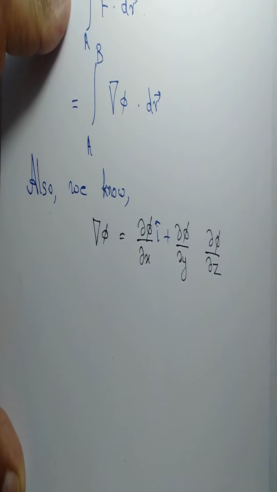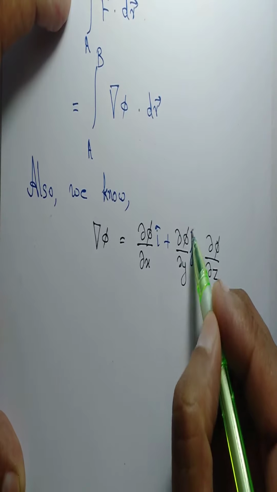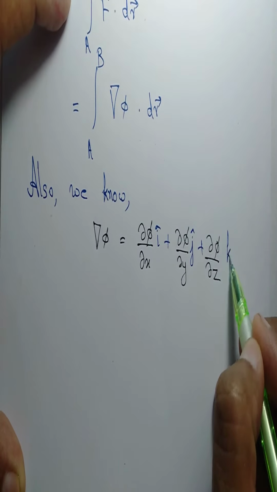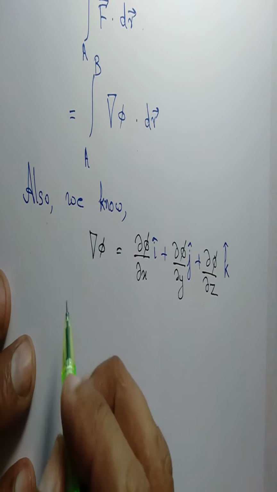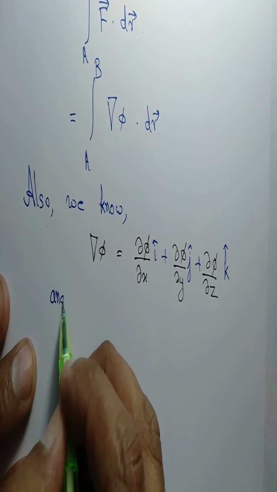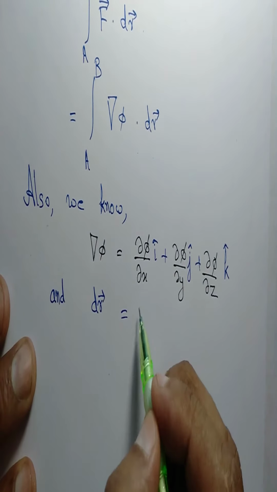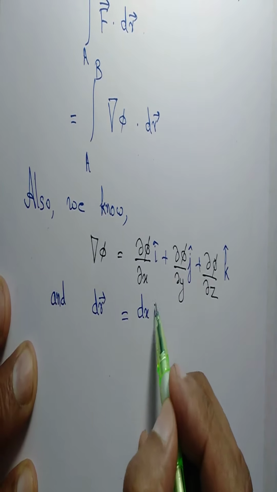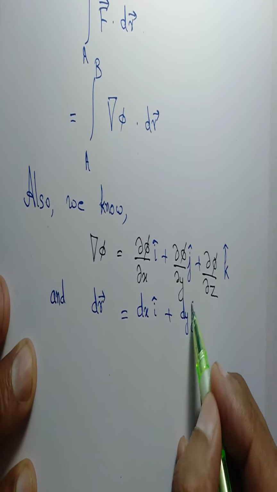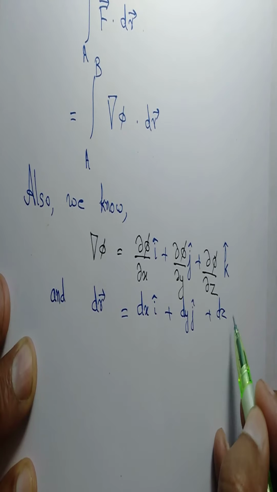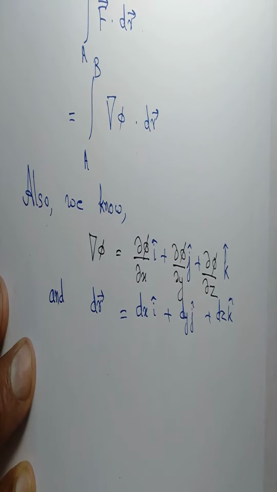Grad phi is del phi del x i plus del phi del y j plus del phi del z k, and dr is your dx i plus dy j plus dz k. If we take those two dot product, then we will get